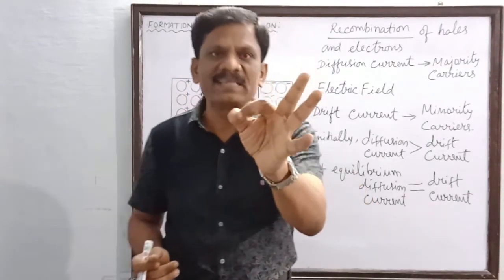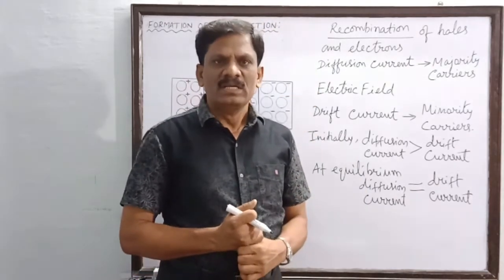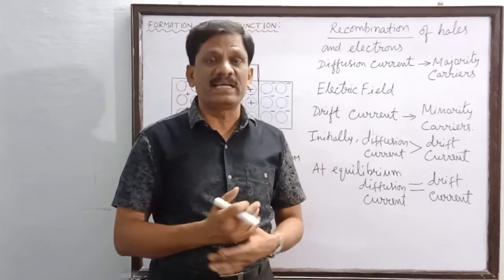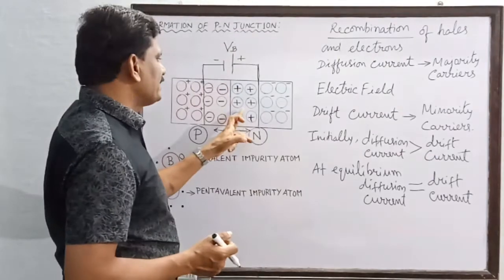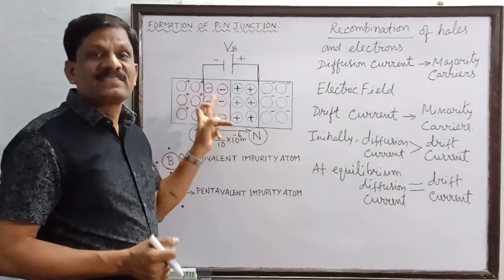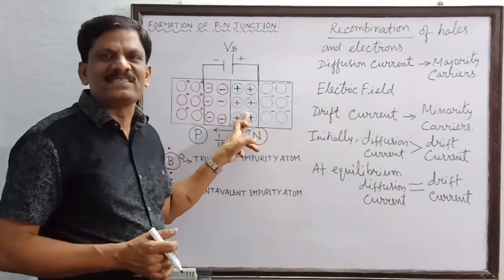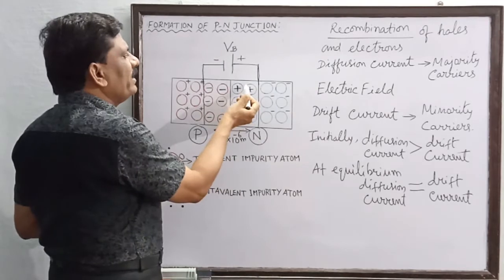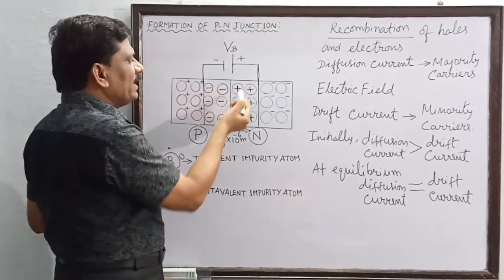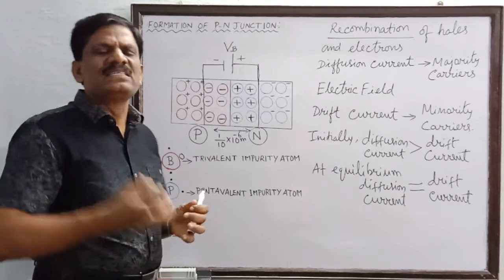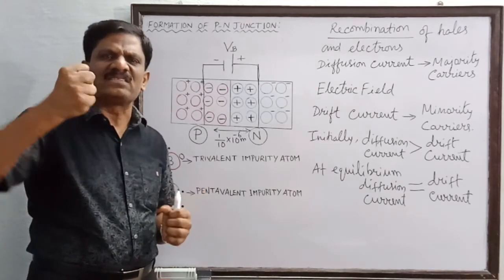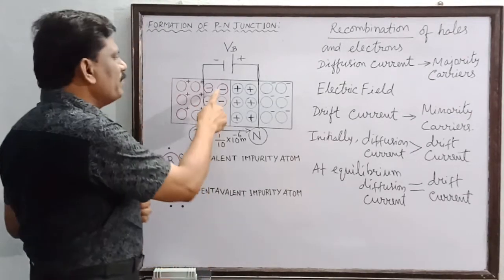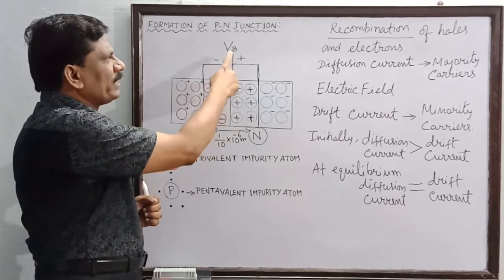Now one most important point I am going to tell you. Due to the diffusion of the majority charge carriers in opposite directions, you can see that there is a potential difference which is created within the crystal lattice. How is it created? The electron from the n region went into the p region and recombined with the hole. And this electron's negative charge will be strongly added to the crystal lattice so that it becomes immobile ions. So this creates a potential difference.